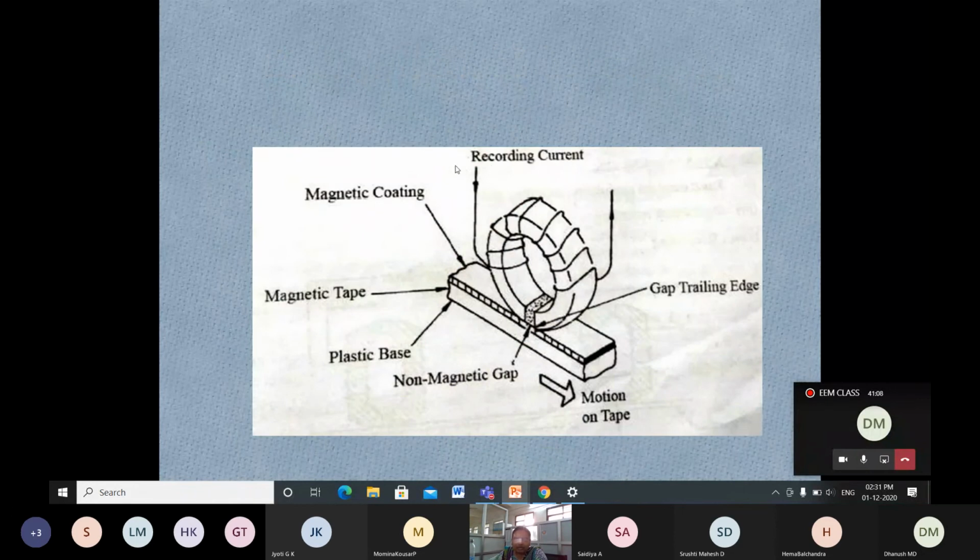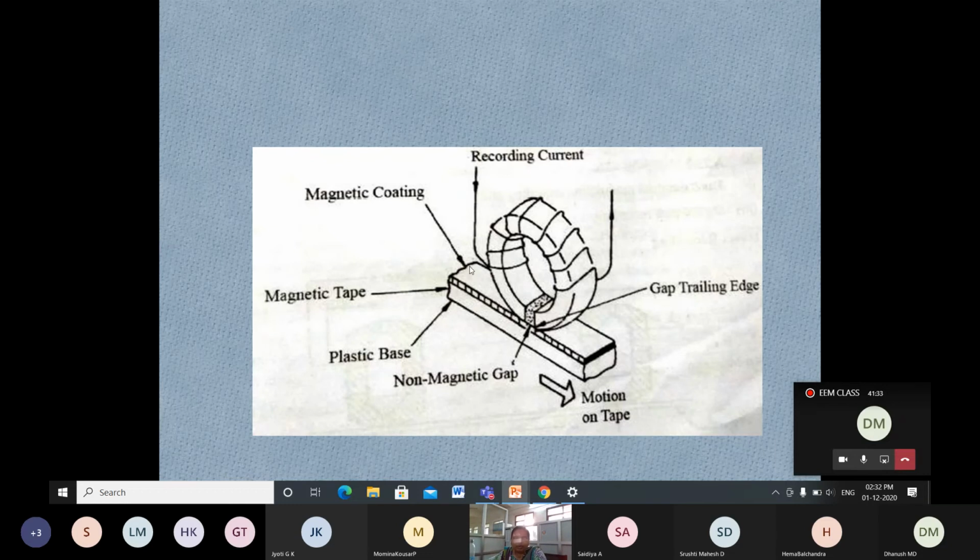The construction is the same thing. This is about the recording current. Based on this current, what is the maximum number of songs I can record on the tape? Maybe maximum 5 or 10, right? It depends on how many reels there are, how many windings are connected for that taping. Okay, that depends on that. The same operation is taken here.